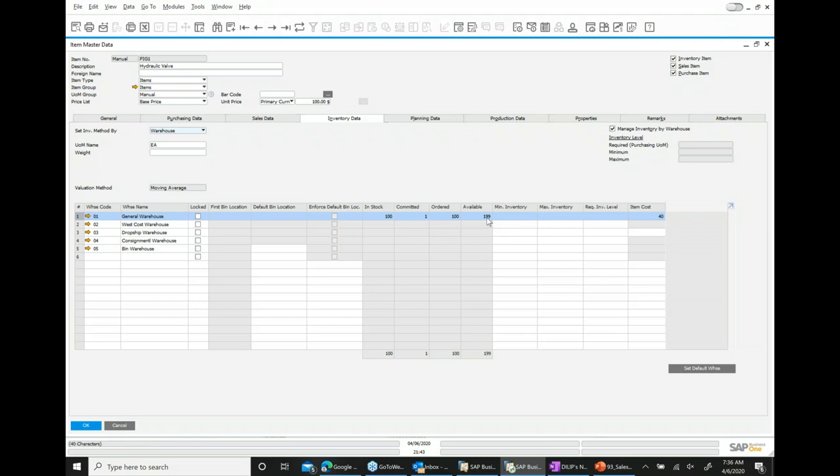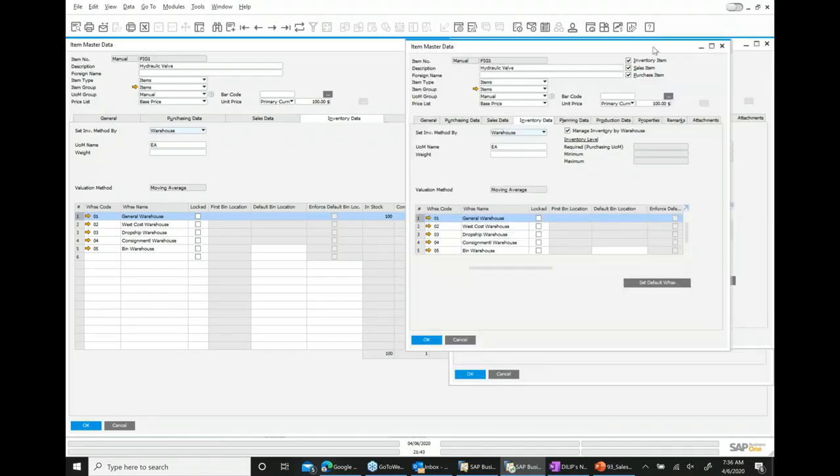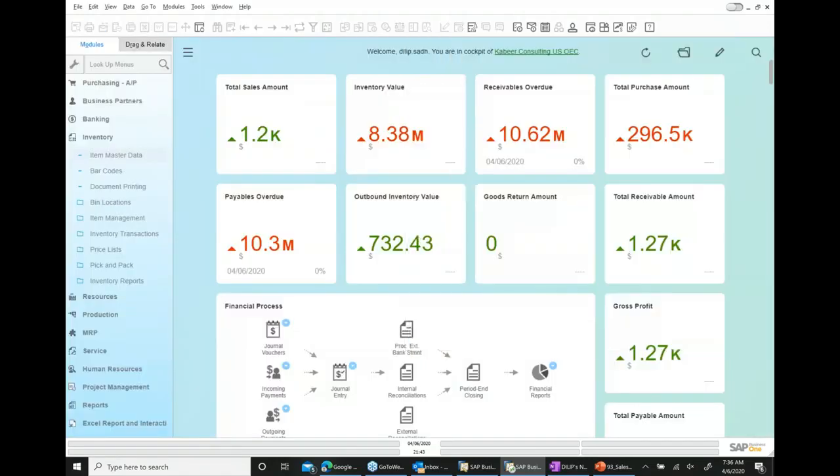So I have an available stock of 199, which is simple. So 200 minus 1 becomes 199. So if I check inventory right now, I have 199 available. Okay. I close this. Okay. So, and